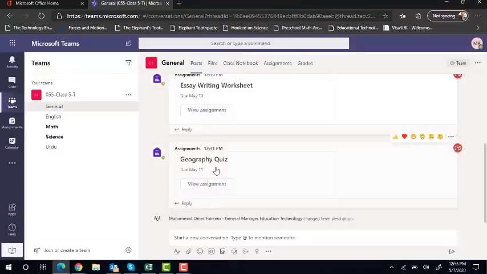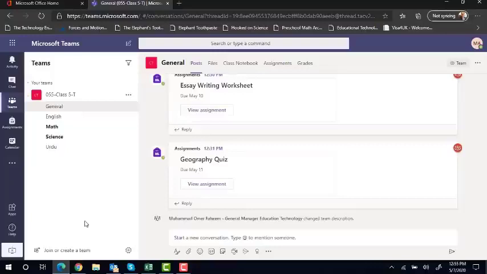Now here I need to explain to you how this whole thing works. You can even download this particular Teams app on your desktop, and you can even download the Teams application on your iPhone or your tablet or your Android phone, and the child can simply access the Teams account by using their official email address and the password that you have saved. Now when you land on this environment, this is somewhat similar to Google Classroom that you use, but from now on we will be using Microsoft Teams as a standard LMS throughout the academic session.